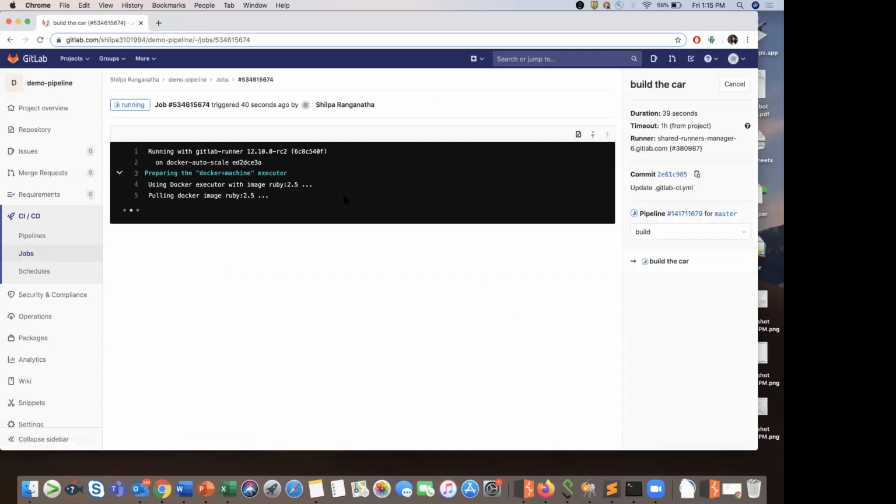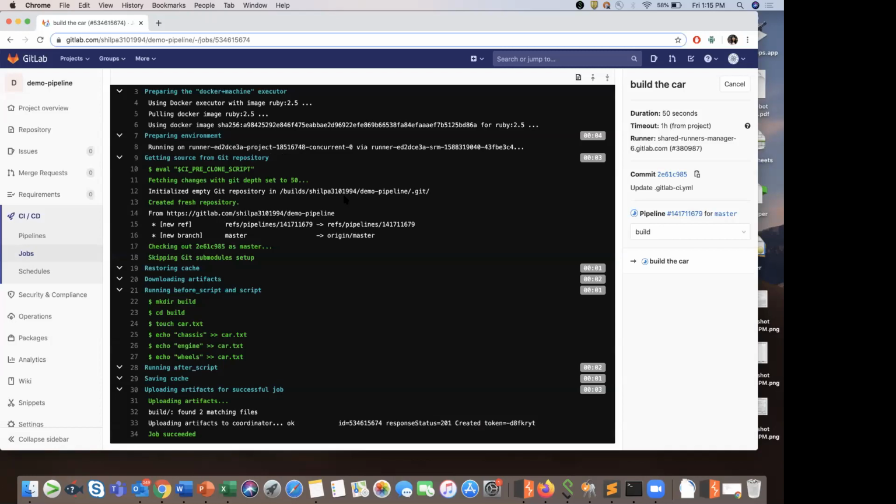This might be a little slow because it has to pull the Docker image and then start executing our script. Okay, so this part has succeeded. Let's go to our next job.